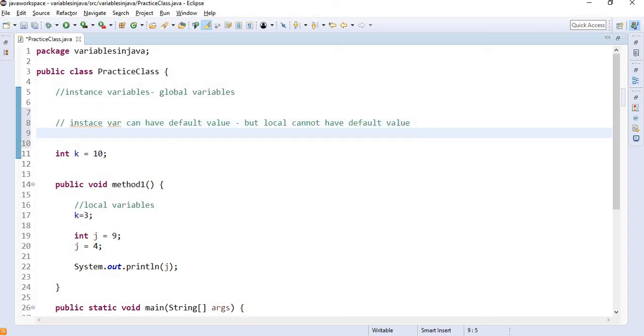And the next difference is instance variables are accessible anywhere in the class, but local variables are accessible within the method only.